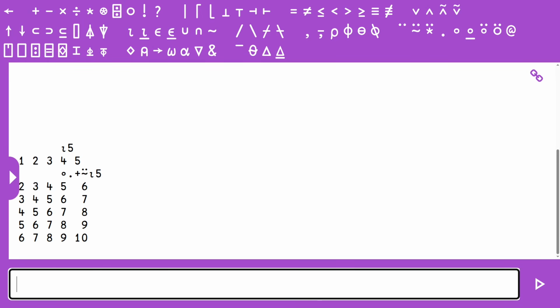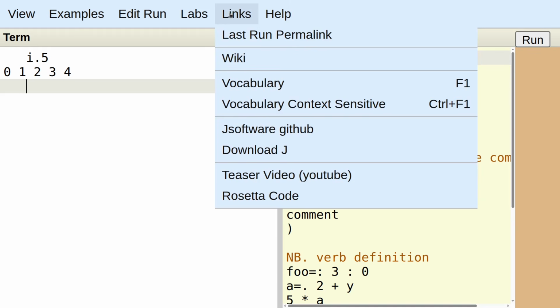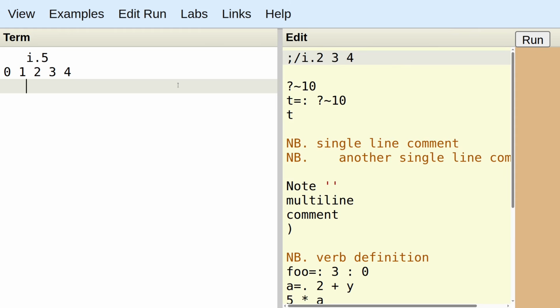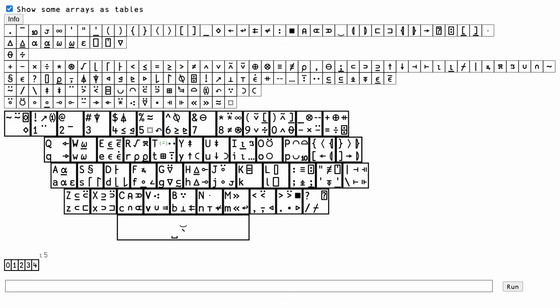Moving on to tied for fourth place, JPlayground. JPlayground has basically a lot of the same issues as TryAPL, other than the fact that it's an ASCII-based language, so we don't really need a key mapping. If you do go to links, it does have a hyperlink to the NuVoc, which is great documentation, but it doesn't have syntax highlighting. It doesn't need access to a key mapping. It could actually still benefit from an alternative input method, but it is an online REPL, so that's nice. And for consistency, we can do our outer product example. There we are. So J tied for fourth place with TryAPL, which brings us to last place,